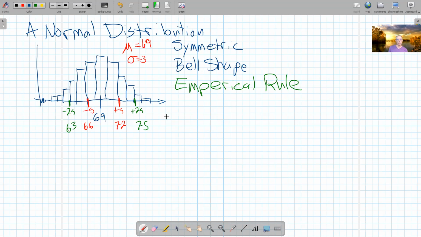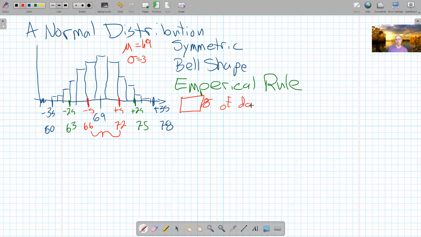And let's go 1 more. So over here, roughly, would be plus 3 standard deviations. And then roughly over here would be minus 3 standard deviations. Plus 3 would be 78. And over here would be 60. And the empirical rule said we should expect to find a certain percentage of data within 1 standard deviation of the mean. Okay, so percent, oops,